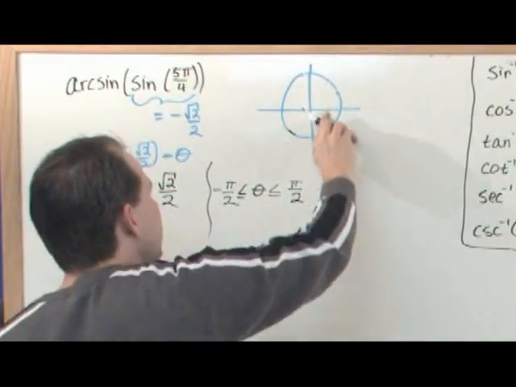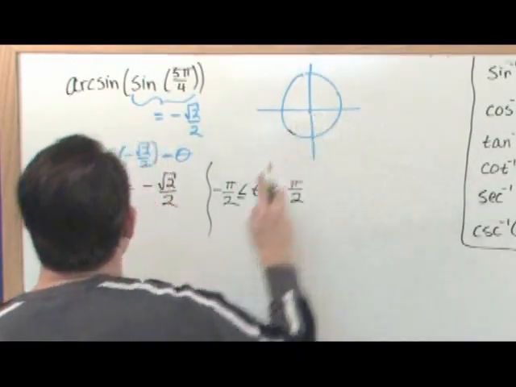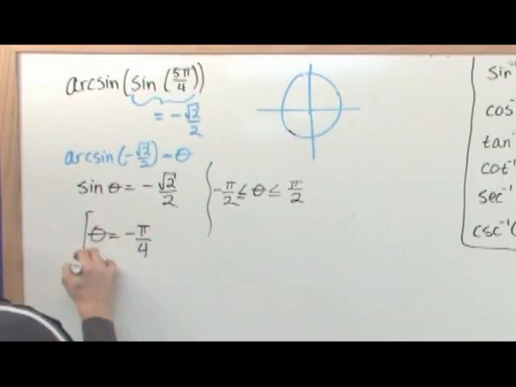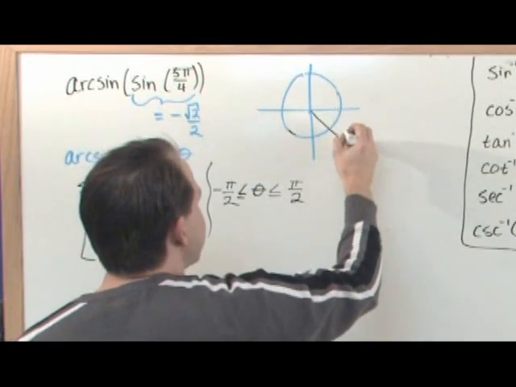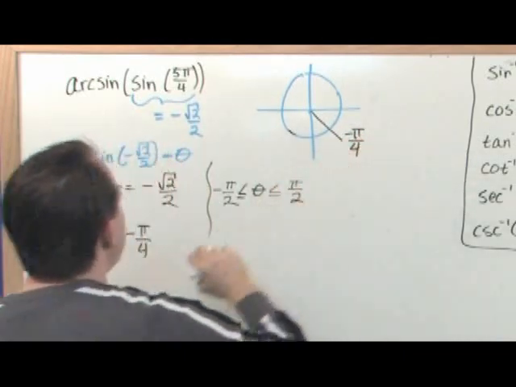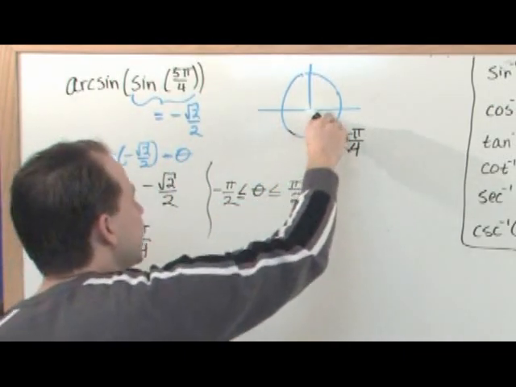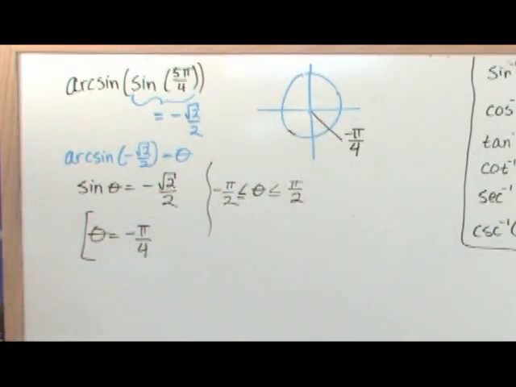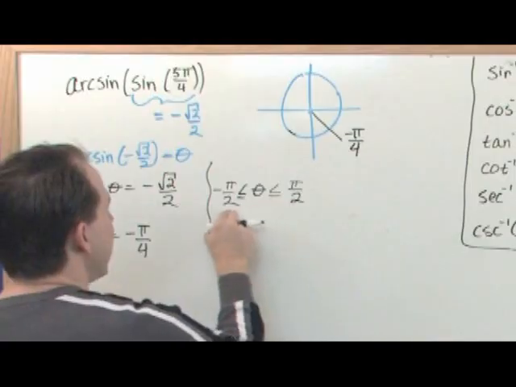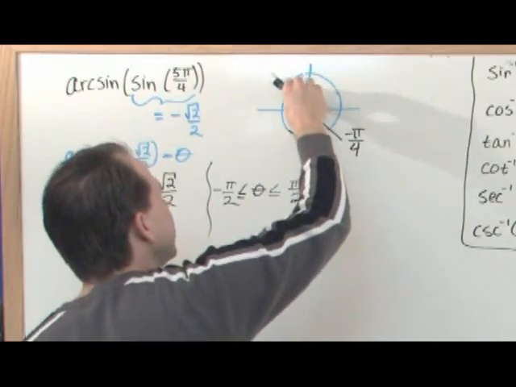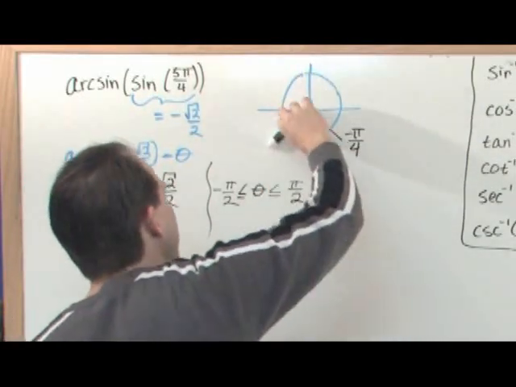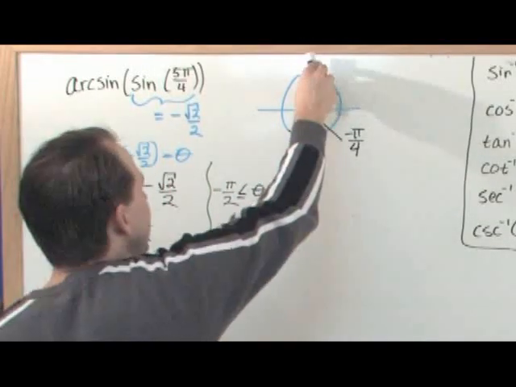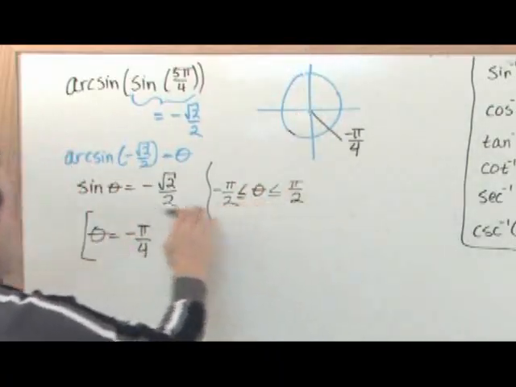So let's go the other way. Let's go negative pi over 4. The answer is going to be negative pi over 4. Okay? Because if you look down here, this is negative pi over 4. And if I take the sine of that angle, it's going to give me a negative, because I'm projecting down here, negative square root of 2 over 2, which is what I want. And negative pi over 4 is in the range here. You see, there was another angle, maybe over here. If you would have kept going over here, that would have satisfied it. But that's too far, because you can only pick angles between negative and positive pi over 2, because you're dealing with